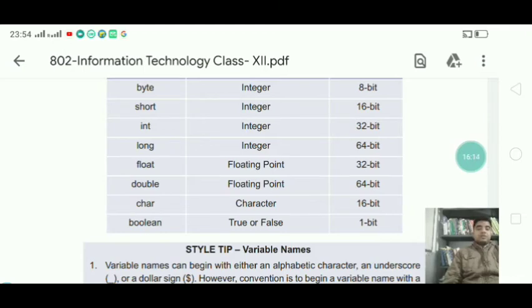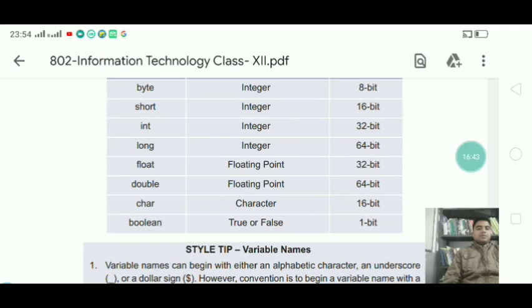Here we have discussed only primitive data types. In the non-primitive category, there are many different data types like string, class, array, all these things. Those are user defined.